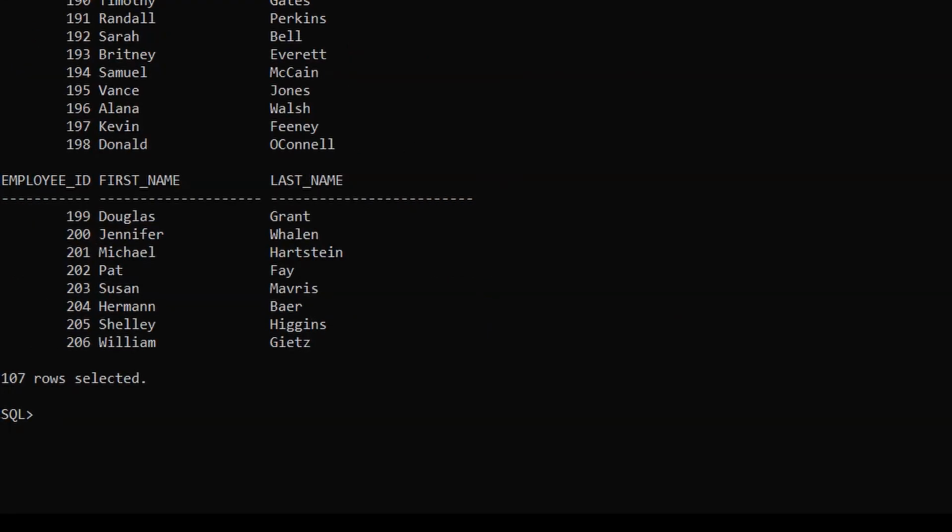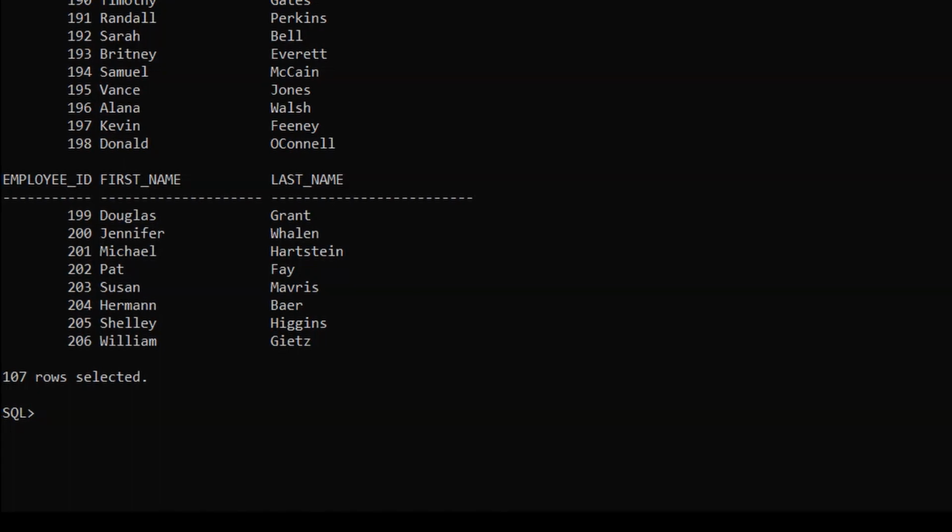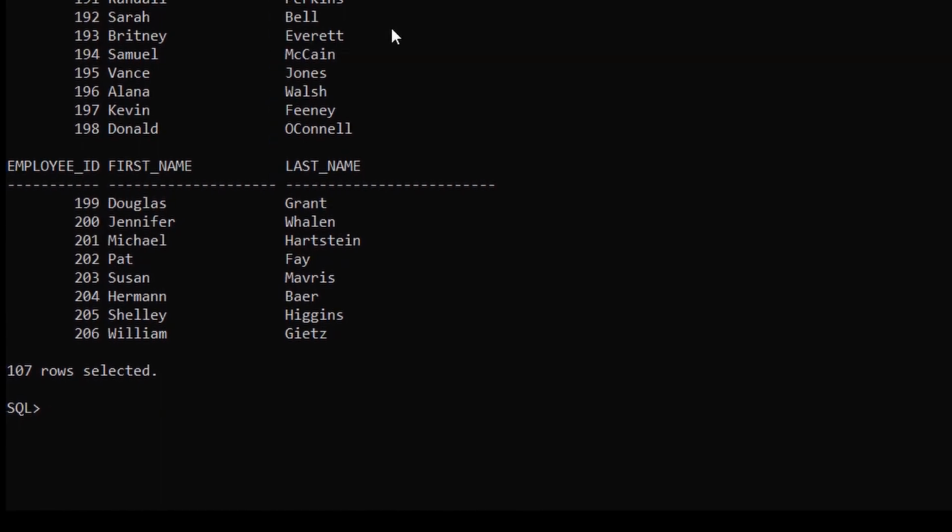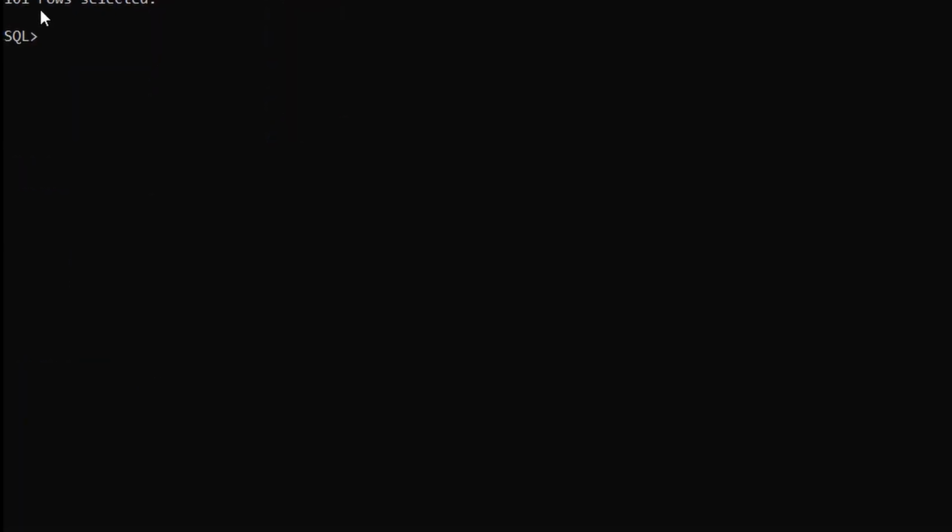But the major disadvantage of creating an index on a table is that when we are using data manipulation commands such as insert and update, it takes more time than usual. We can also create a unique index so that it avoids duplicate records on a certain table. Let me show you how to do it.